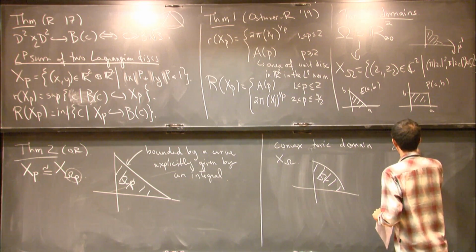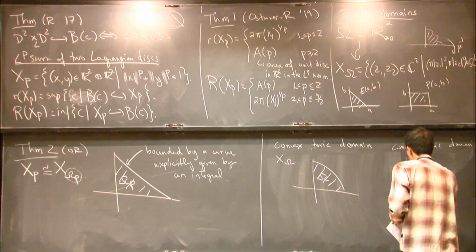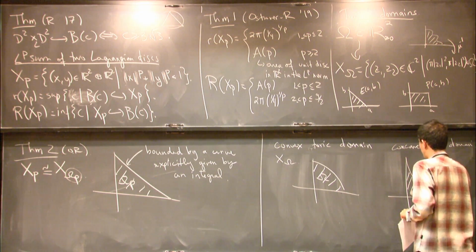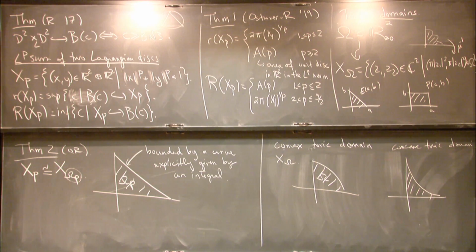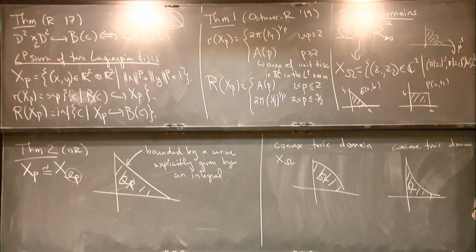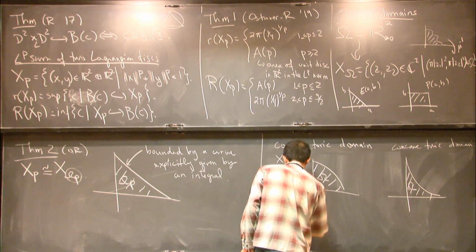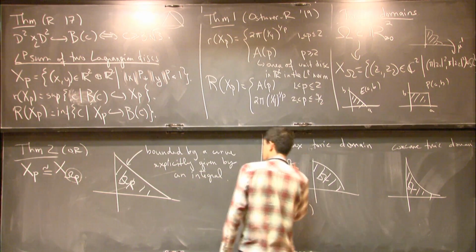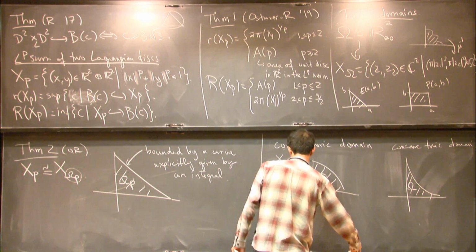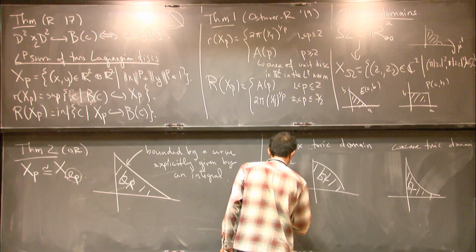And then you have a concave toric domain, which is the same thing, but now the function is convex instead of concave. Okay, so it looks like what it should be. So this one is what is called convex, and this one is what is called concave. And we can prove that this is theorem 3, I guess. No, let's call this proposition, because